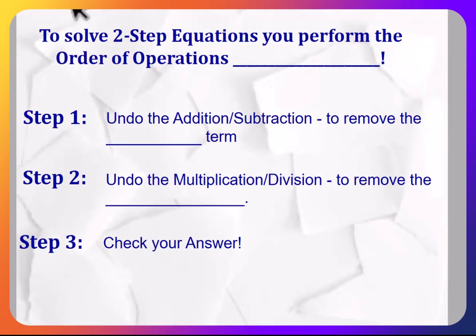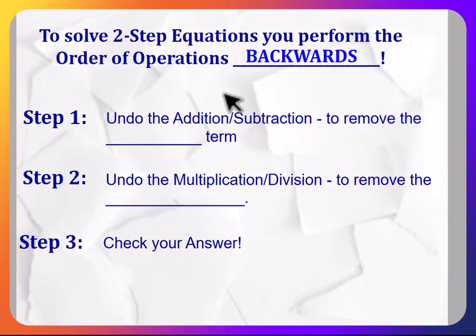Okay, to solve two-step equations, you perform the order of operations backwards. We've already learned how to solve one-step equations, where there's only one operation. And we learned that you have to isolate the variable, and to do this, you do the inverse operation. So if you have x plus 3 equals 10, then you would do the inverse operation of adding 3, which